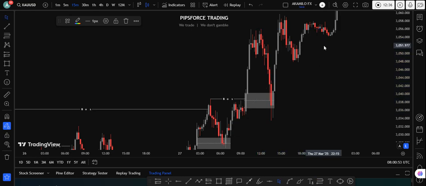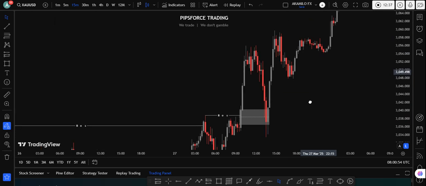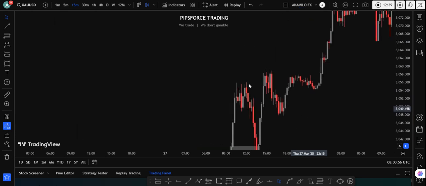So this is how you can literally use this. You can see when price moved, it gives this structure again. So this is how you're going to use this to master it. You need to master this move, and then don't forget to